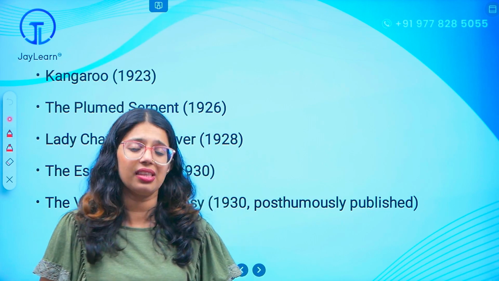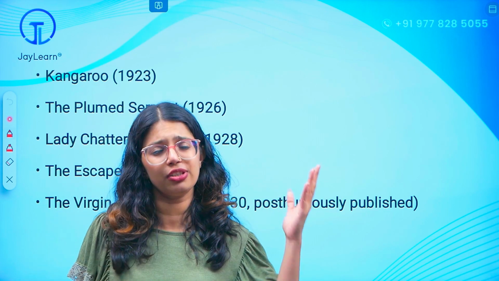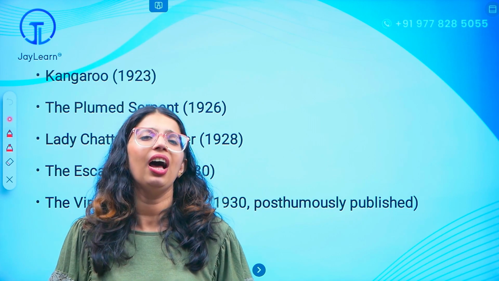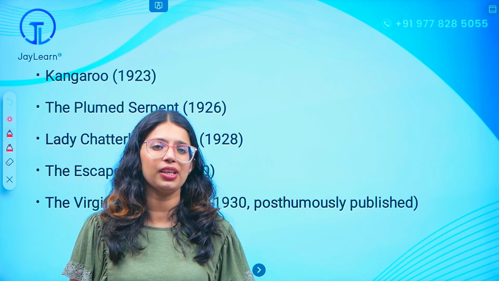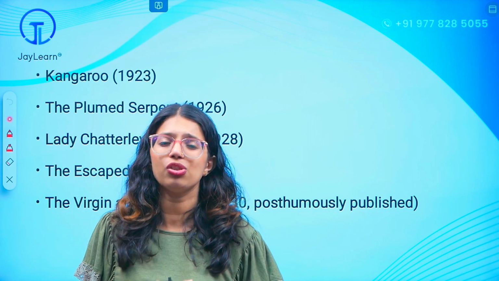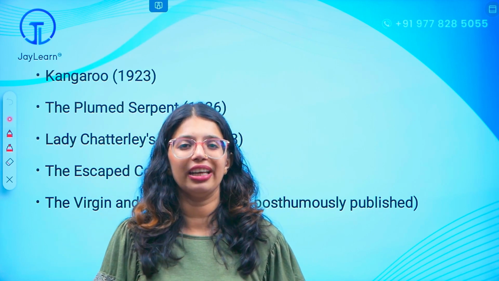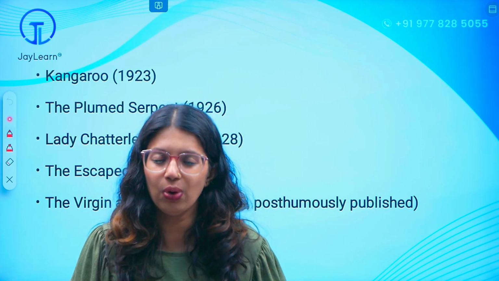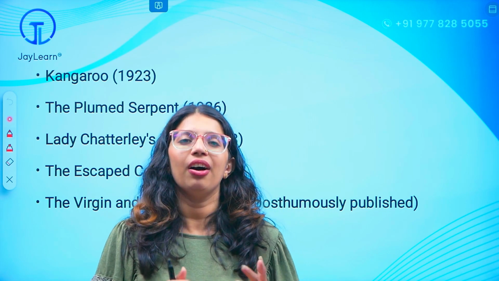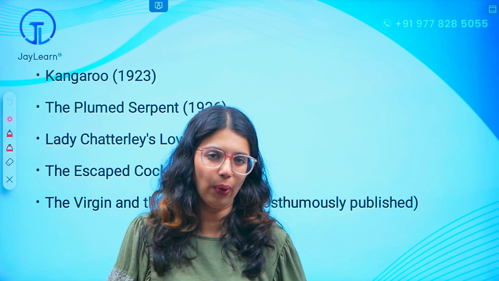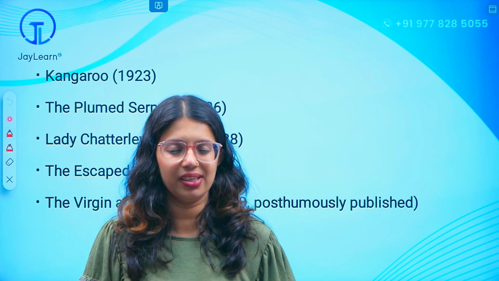So we have discussed the chronology of the works of Jane Austen, Thomas Hardy and D.H. Lawrence. These three writers are very important. First, you have to remember the chronology of the works, then you have to go through all the works in detail. So don't skip chronology. So many questions are asked every year. So you have to study chronology. In our course, we are dealing in detail with all the works. First we discuss the chronology of the works, then we go in detail through all the works.